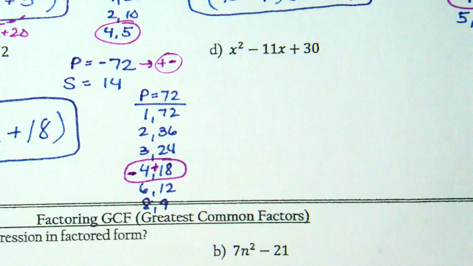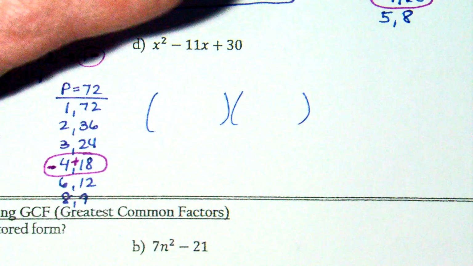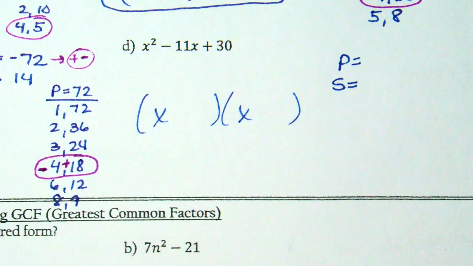Okay, let's try D. x squared minus 11x plus 30. You can go ahead and set up parentheses if you want. What do you know about your parentheses right off the bat? x and x. Okay. What kind of numbers are we going to need to think about? A product of 30 and a sum of